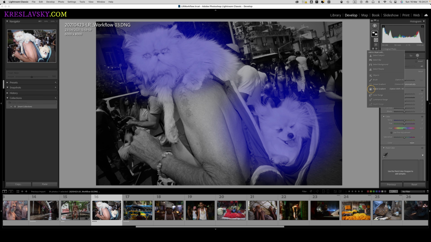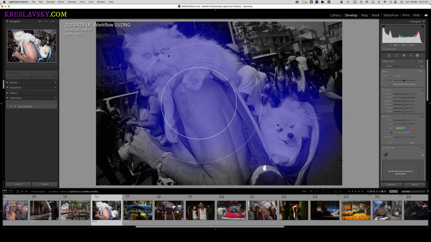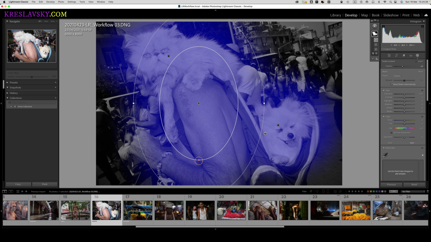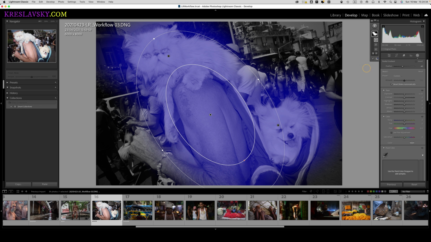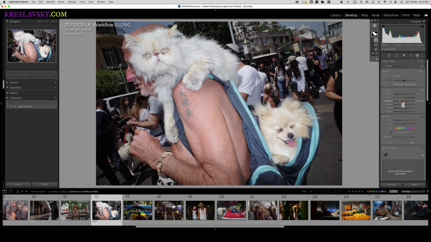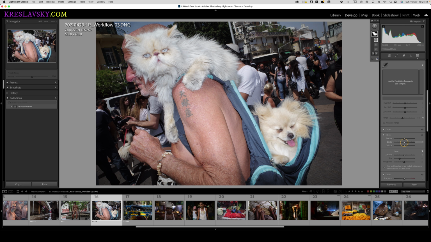Add additional radial gradient for the person. Right. So we kind of have all this area covered with gradients, kind of a mask on top of all of this. And what we need to do here is reduce the highlights to get their look. We want to see the fur. This will bring up the fur,